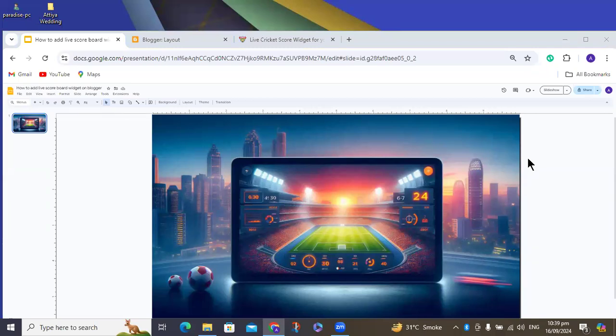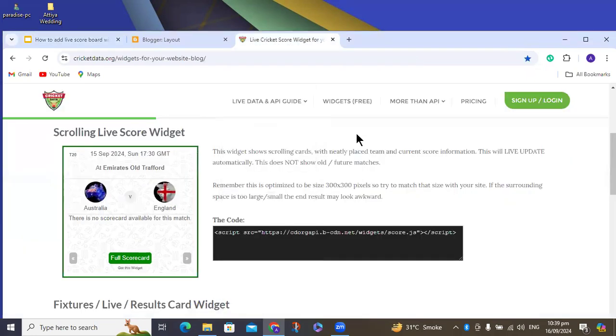Today we will learn how to add a live scoreboard widget on Blogger. So let's quickly move on to the widget. I'll put the widget link in the video description. So here is the code for this widget. We will copy the code